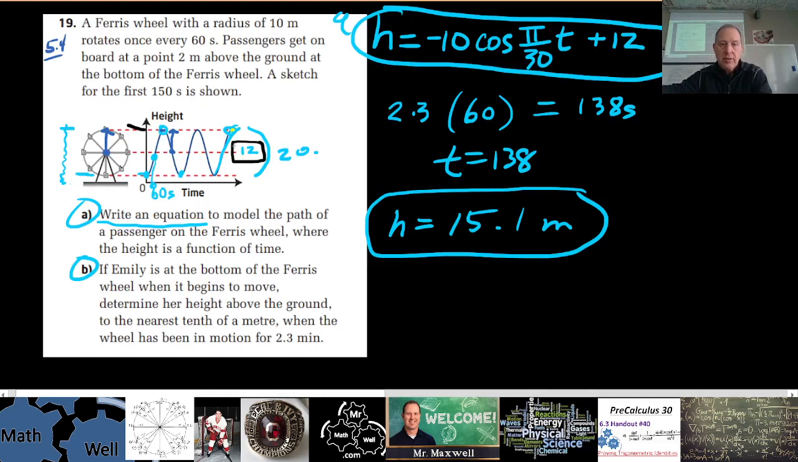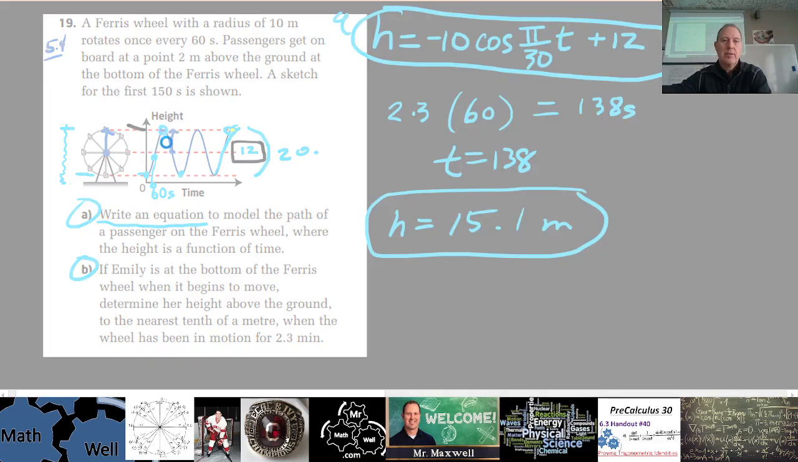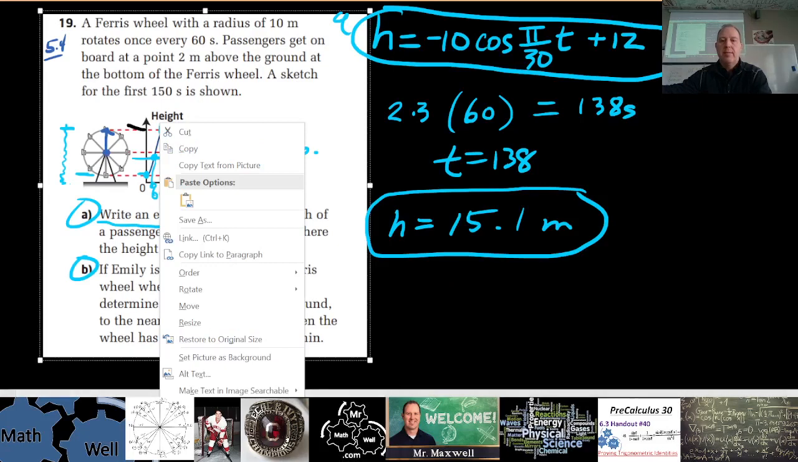So 18 meters is going to be around here somewhere. What is the value of this point? What's the x value of that point? So that's where we go ahead and